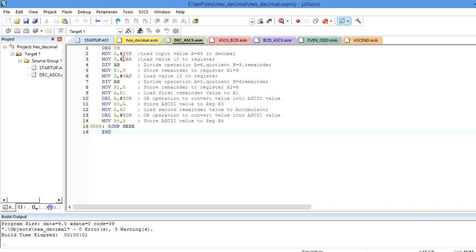I have already written the program. Let me build the program. There is zero error, and switch into debug mode.